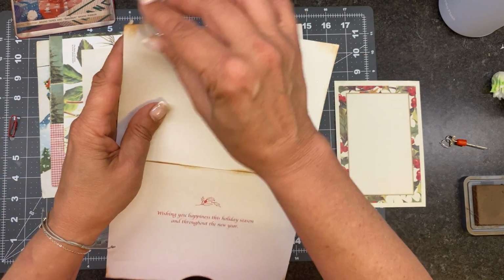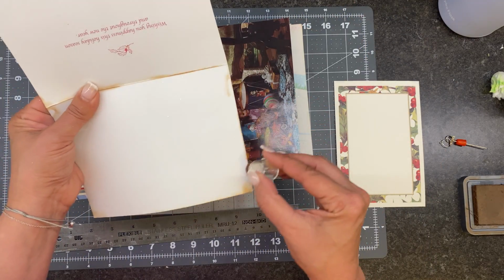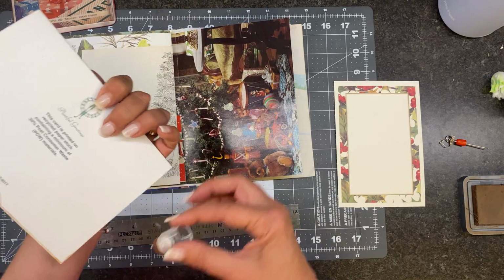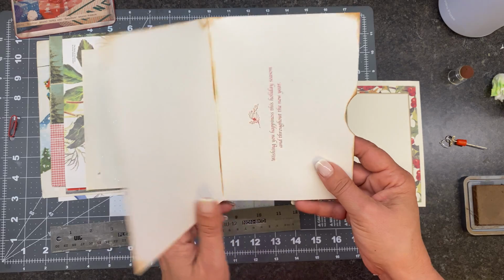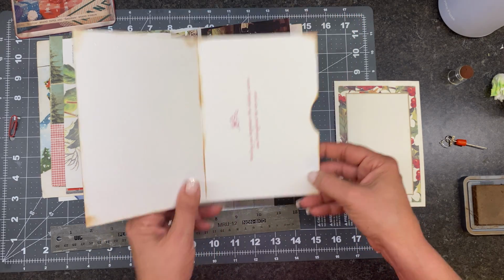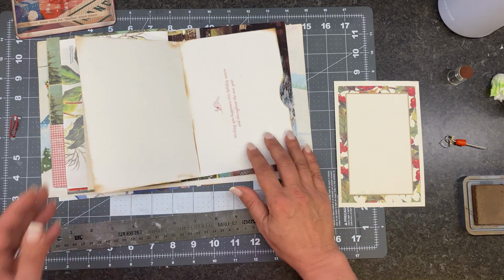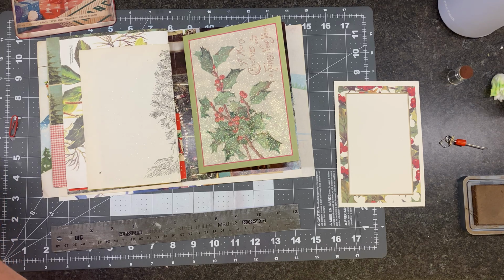I'm trying to think if there's anything else, like, exciting going on. Okay. Let's do the belly band first. Okay, so we're going to open that up. Okay. This might...